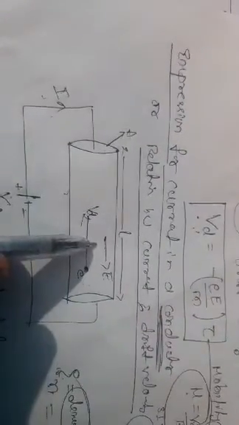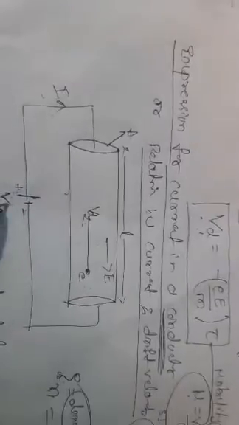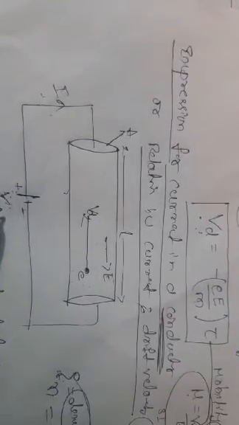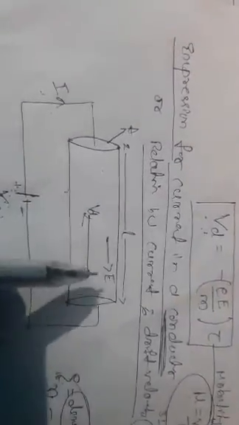At constant physical quantities, as in this diagram, the current flowing through the conductor is directly proportional to what? The potential difference across the ends of the conductor. That is the statement of Ohm's law. The Ohm's law concept is very important for 1 mark, 2 mark and 3 mark questions.